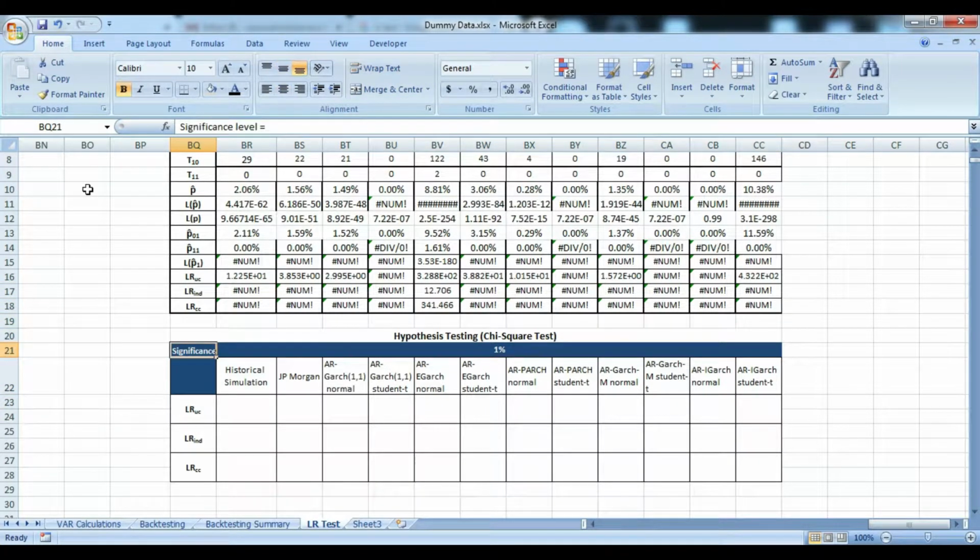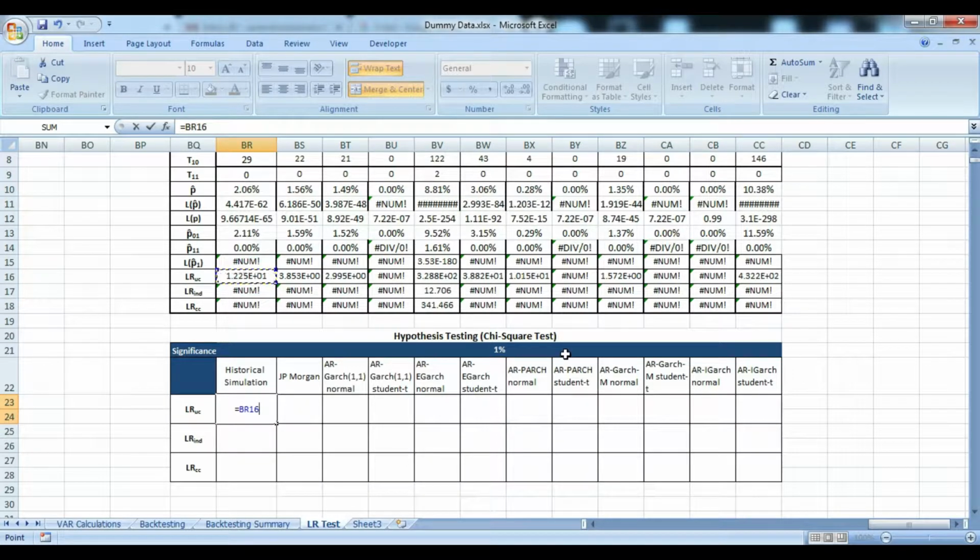At these 3 levels we will be conducting the hypothesis testing to see whether to accept or reject the VaR model. So how we will do it is, simply click on equal to, and say for example